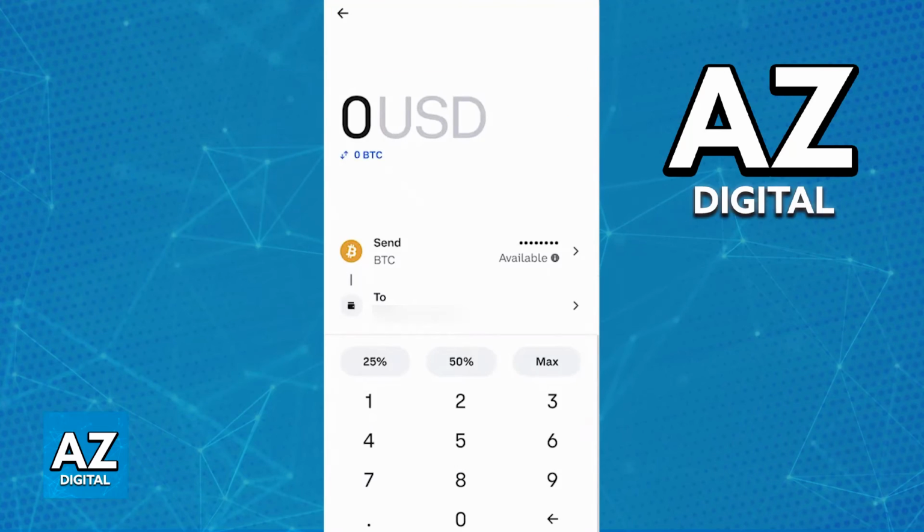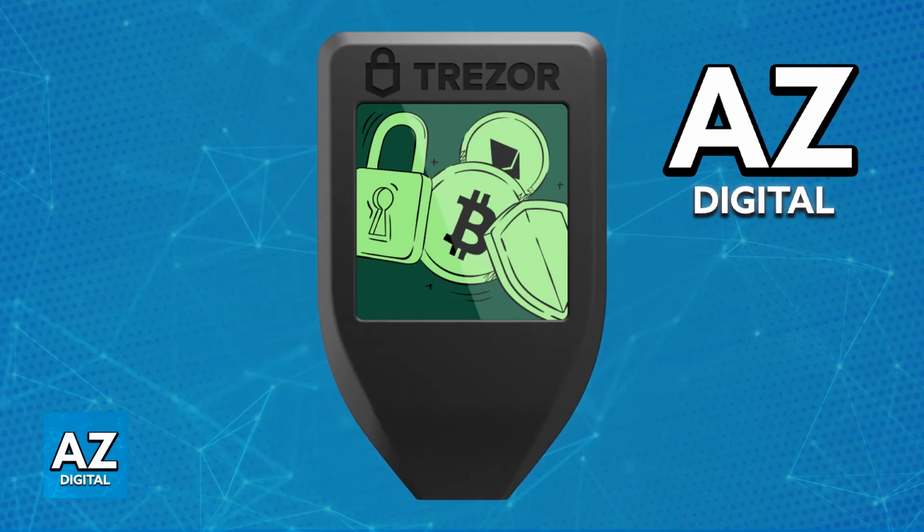Always verify the receiving address before sending any funds, and I recommend that you send a small amount of Ethereum first to confirm that the wallet address was set up properly and that you can receive the rest later. After this is done, like I said, you will be able to receive your Ethereum and manage it directly on Trezor. So repeat this process as needed, and as long as you choose the send option inside of Coinbase and you input a valid amount of Ethereum to send over, you will be good to go on this transaction.